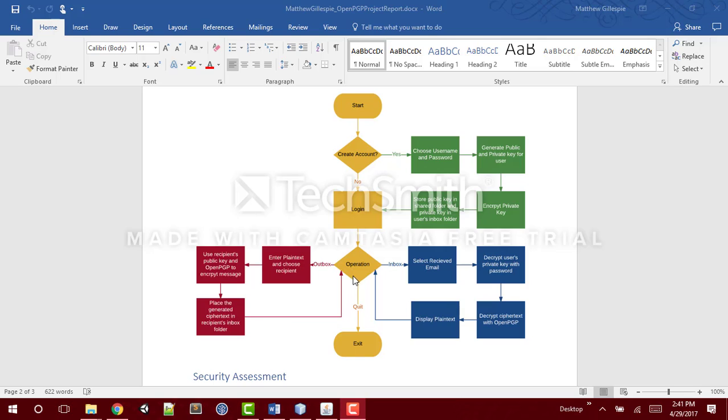So once you log in, you can either send messages or look at messages you've received. And so to send a message, you'll go to the outbox, click compose. You'll enter the recipient and the plain text you want. The program will look up that recipient's public key and use OpenPGP to encrypt the message, and then that ciphertext